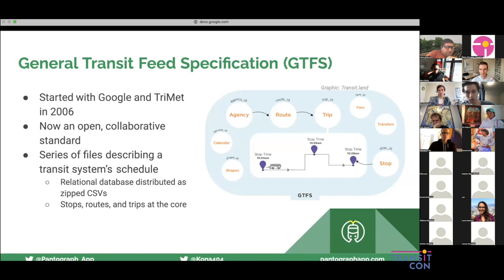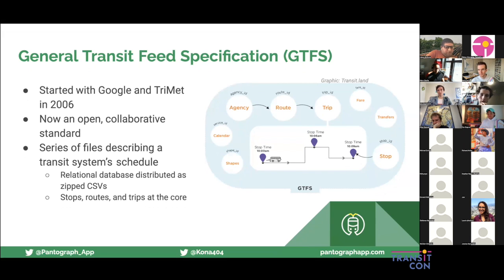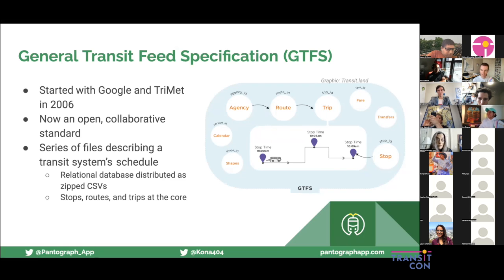Additional information can be communicated through this feed as well. Things like blocking information. For those who don't know, blocks refer to a set of trips that an individual vehicle is set to run throughout the day. And so often blocks will be communicated through the GTFS as well, so that we can see what trip a vehicle is expected to continue on to. Sometimes that might refer to an in-seat transfer, sometimes it might not. But it can be helpful, particularly in real-time applications, to know what trips are upcoming for a certain vehicle.